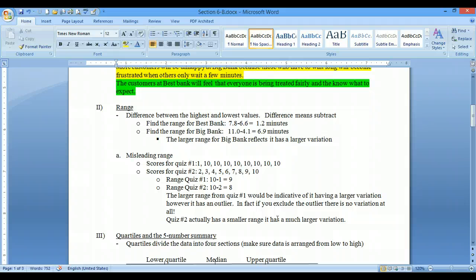To find the range, we find the difference between the highest and the lowest values. Math is a separate language, and we translate from English, or from any language for that matter, into mathematical operations. So when I say difference in English, in math it really means we're subtracting. So to find the range, or the difference between the high and the low for Best Bank, we're going to take the high minus the low,